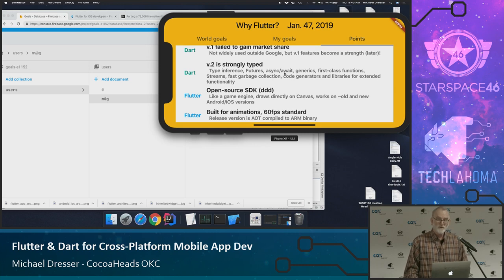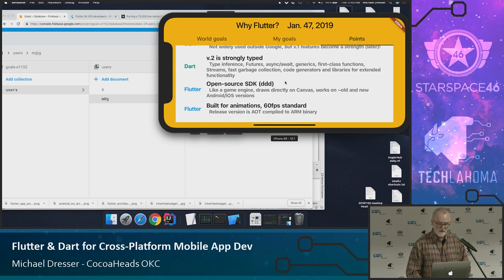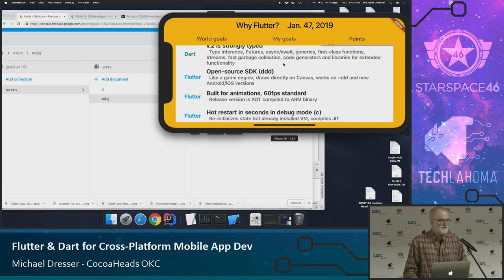And that's critical because a goal of Flutter is to be able to sustain 60 frames per second, to have really smooth animations. And the claim is, and this was actually measured, so I think it's not ridiculous, but it was probably on pretty good hardware, that in the 16 milliseconds you have between drawing frames to sustain 60 frames per second, the garbage collector can collect 30,000 objects. Okay, so it's quick. And for anything that's not in Dart, there are code generators and libraries for extended functionality, and I'll touch on a little bit of that too.